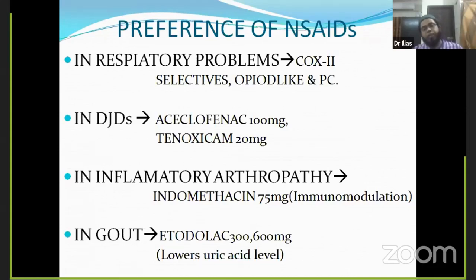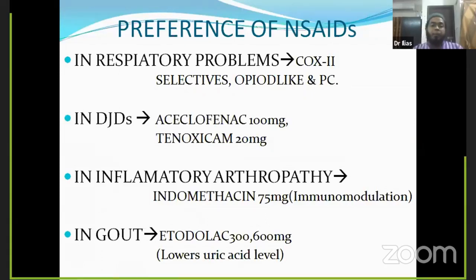Okay, if you think of the degenerative joint diseases, you know the degenerative joint diseases are found in the patients of the physical medicine department in the form of the osteoarthritis or any kind of erosive arthritis, say in the form of the rheumatoid arthritis. So these are the degenerative joint diseases that might be associated with the genetic problems. So in this case, definitely prescribing all kinds of NSAID will be helpful in reducing down the pain.